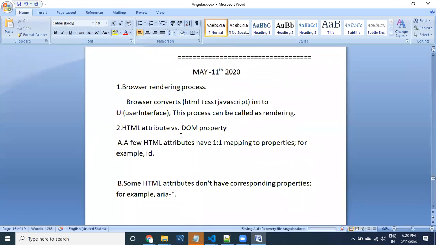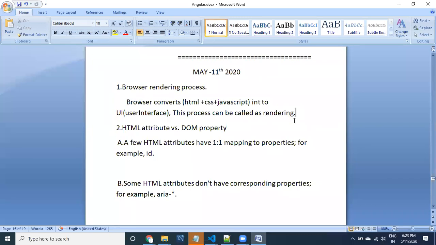Whenever you call a web application from the browser, the server is going to return some data, some HTML, CSS, and all. That is going to get converted into UI, the user interface. That process can be called rendering.